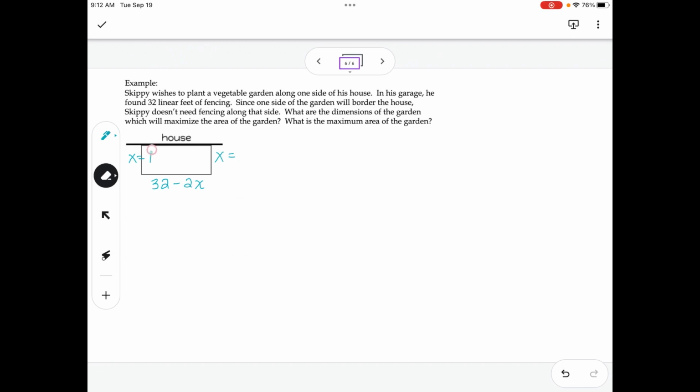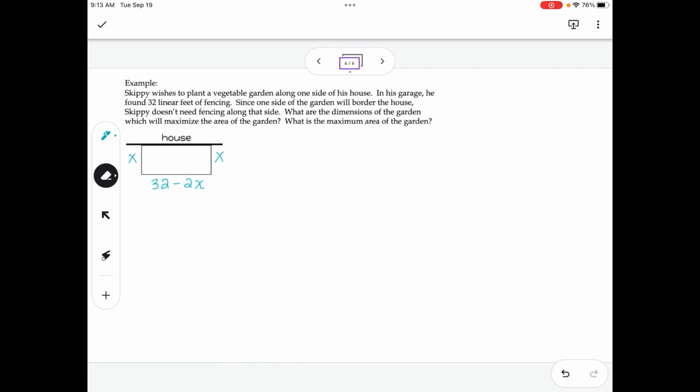If this was 2, right, I'd have to take 32 feet minus 4, 1 for each left and right side. So 2 times whatever my x value is. Similarly, just to drive that point home, if these were each 3, this would have to be 3, this would have to be 3. So I'd take 32 minus 6, 1 for each side. So now that we've got the idea of how it's set up,